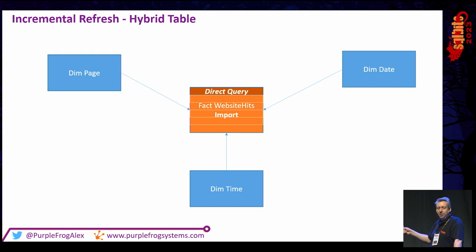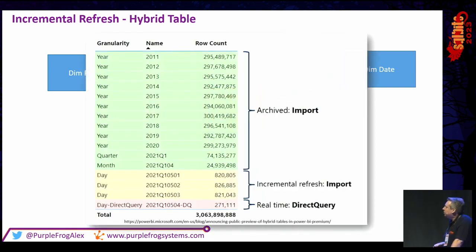So remember earlier when I said never, ever use direct query as a standard approach? That's because of this. If you're using direct query, why would you do that and not partition it and limit the direct query part to just today? So when you do that, it basically creates all these partitions. It manages them all for you. It's all handled automatically. Anyone that knows the pain of managing analysis services partitions, this is going to save you